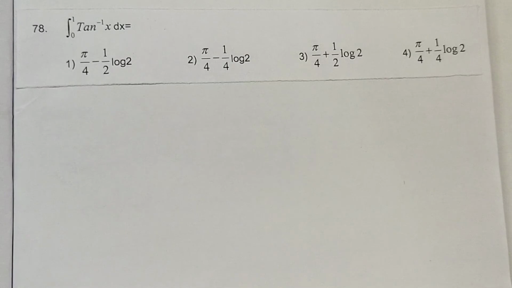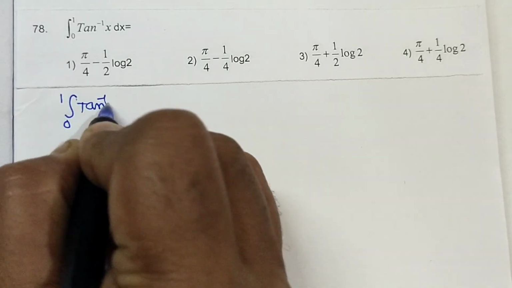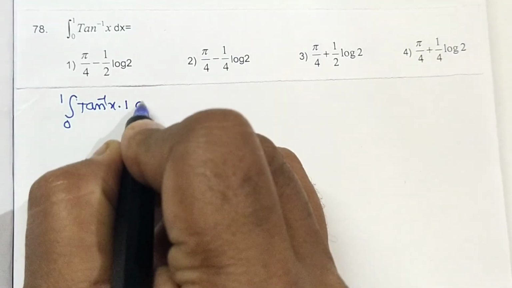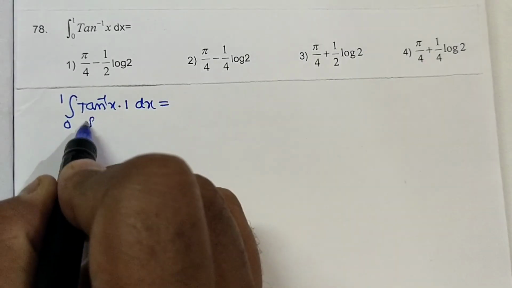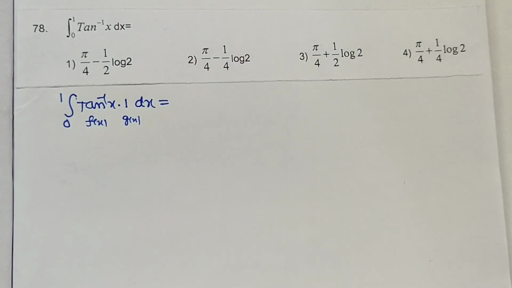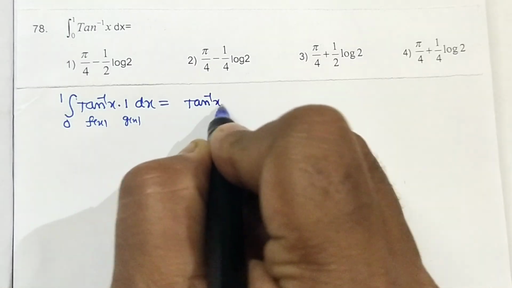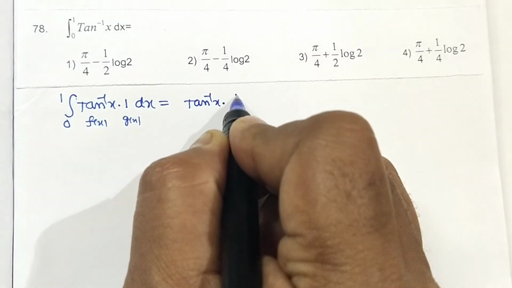So integral 0 to 1 tan inverse x dx equal to, so whenever a single function we are integrating, that is either log or inverse trigonometry, the other function we can take as g of x as 1. So integral 0 to 1 tan inverse x into dx can be written as tan inverse x into 1 into dx. Tan inverse x is f of x and 1 is g of x. By using integration by parts, we will get f of x into tan inverse x into integral g of x, integral 1 into dx,